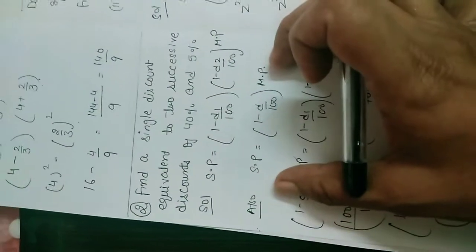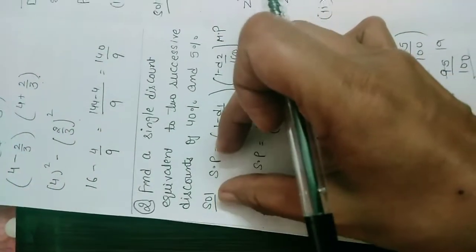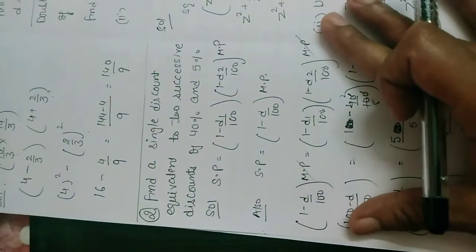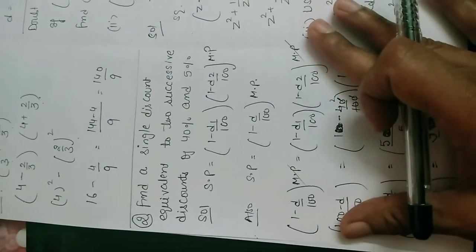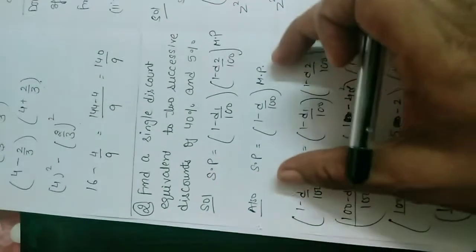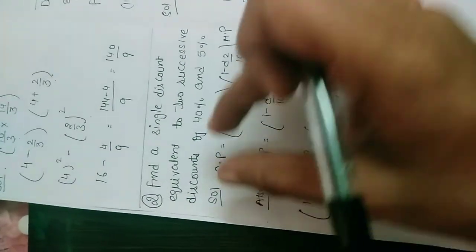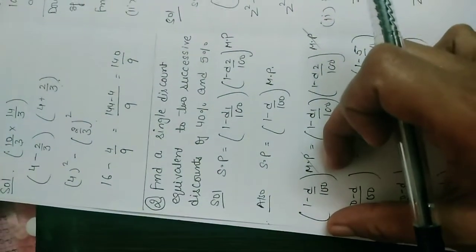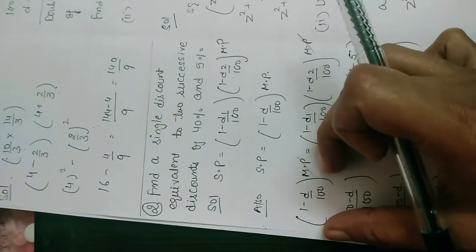So this is also a formula. Place this formula instead of this selling price. So now this becomes a complete formula that we are going to apply for this question. This is for successive discount and this is for simple interest. So put the value of simple interest over here in the form of the formula only.